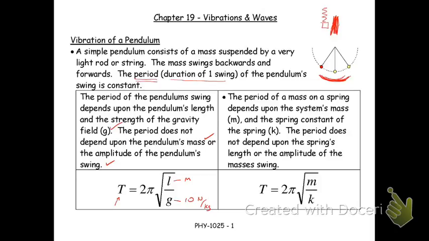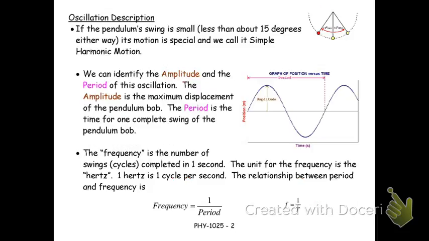We get a very similar equation. T is equal to 2 pi root m over k, where m is in kilograms, and k is in newtons per meter. Okay. So just two by the bys. You don't need to remember those equations. It's like, this is where it starts getting a little bit complicated, confusing.